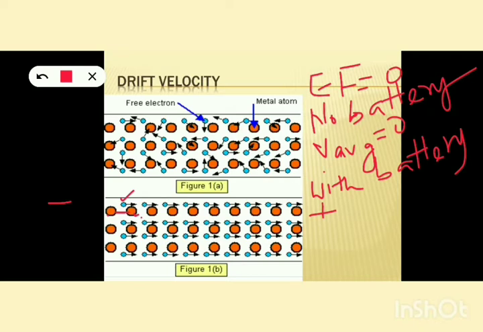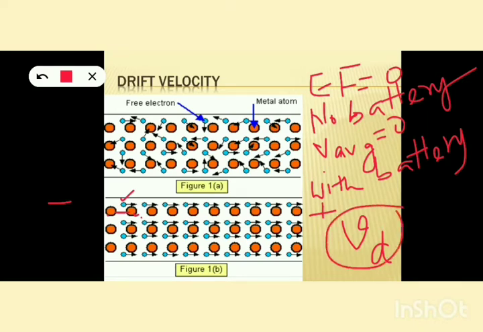So children, during each collision, these charges, that means electrons, lose the velocity that they had gained. Okay, and after collision, they will gain some velocity. That velocity sustains till the next collision. And this velocity gained between two successive collisions is drift velocity. Drift velocity is denoted by V suffix D. And we can observe the drift velocity only when a battery is connected to that metal. Okay, so the velocity gained by electrons under the influence of an electric field is drift velocity Vd.